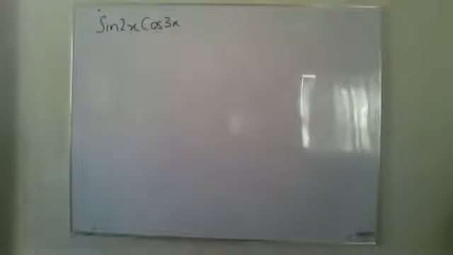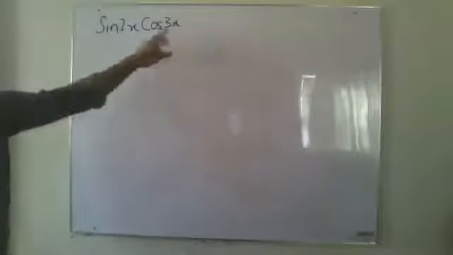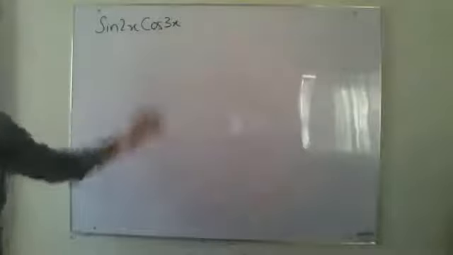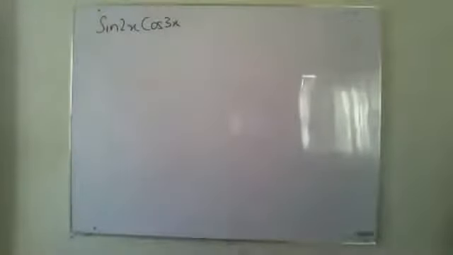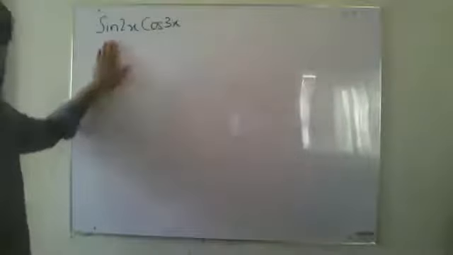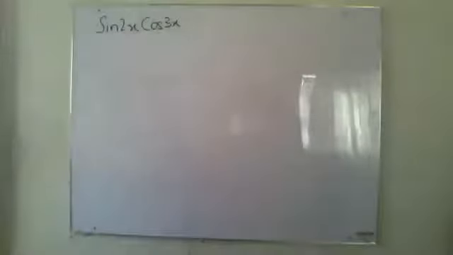This is my new question, sine 2x cos 3x. Again, I am going to check how many x are there and what is the sign between them. So there are 2x which are as an angle of trigonometric ratios, and these x are in a product form to each other, but I can't solve them. I can't multiply them. That's why I have to use u into v form.